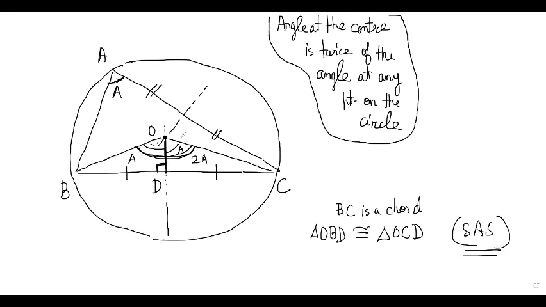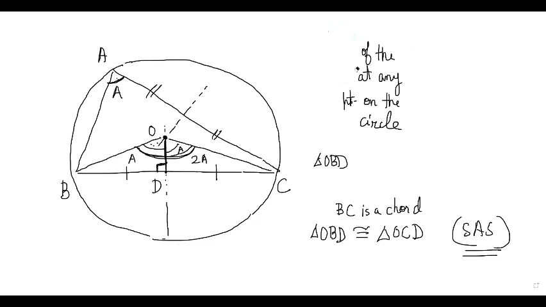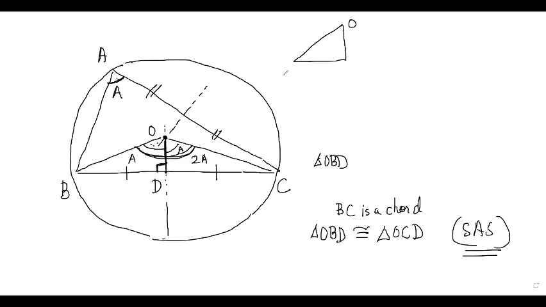Yeah. So now in triangle OBD, I'll draw the triangle separately here on the side and we'll see what that means. Look at triangle OBD. I'm just writing OBD here. And this is 90 degrees. We know that this is A, right? It's a right angle triangle and OB is called capital R. Capital R was the radius of this circle.